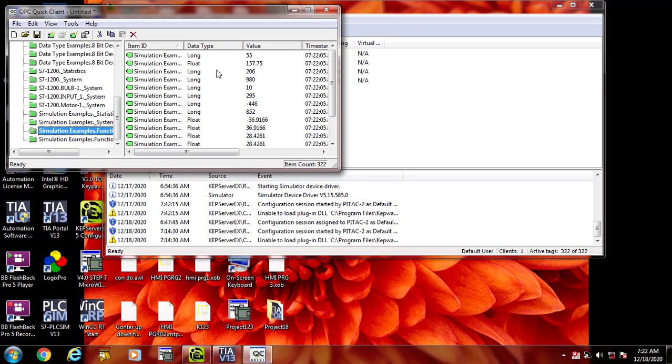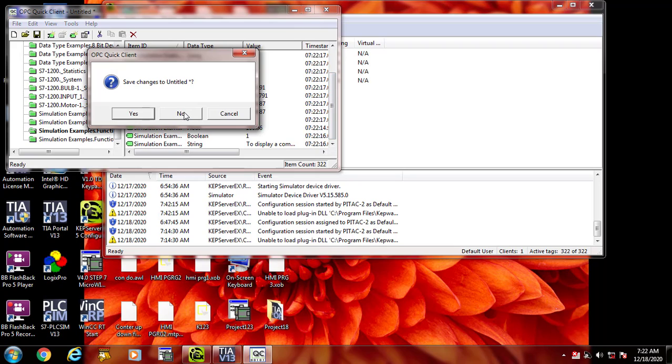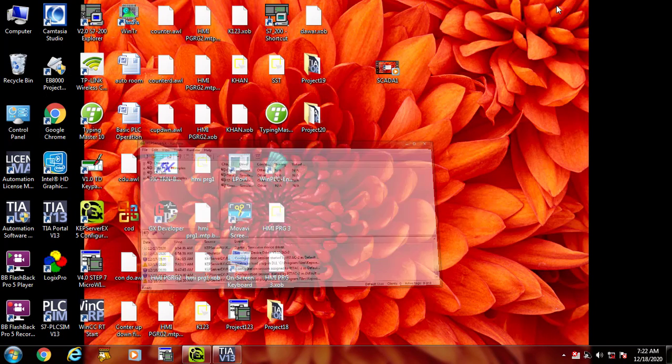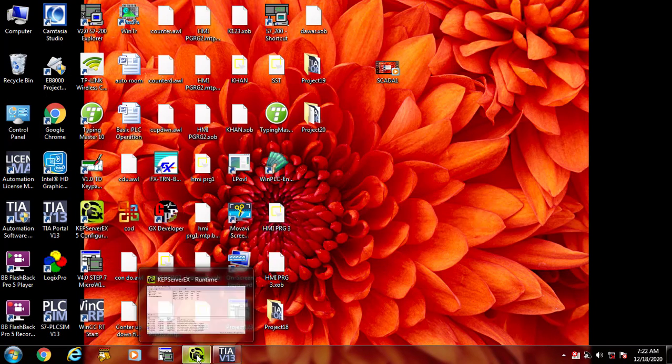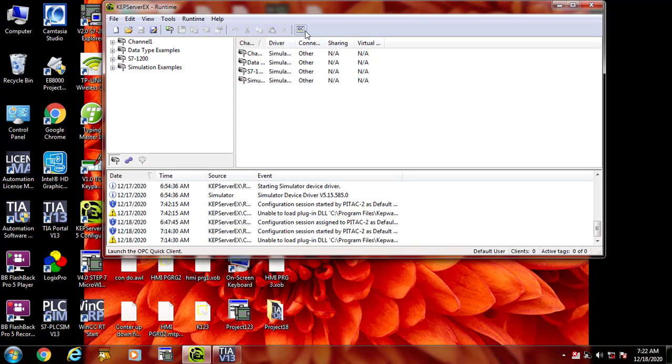So you can see that here different ramp functions, different simulation values are changing simultaneously. I am putting my Quick Client off.